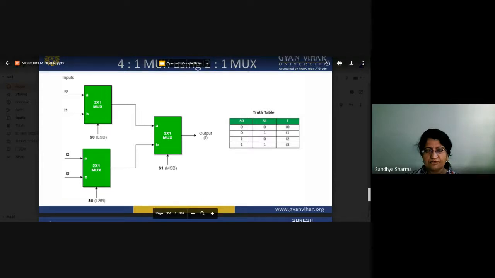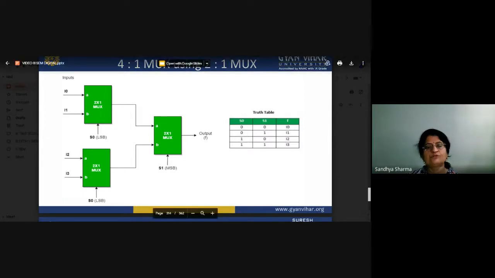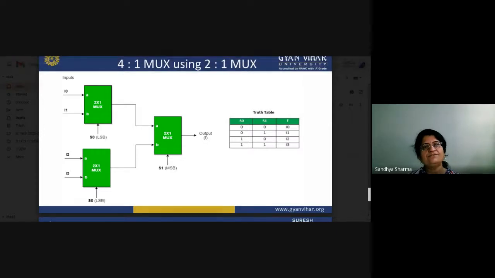We can select with S0, and the second multiplexer's selector line will be S1. So according to that, you will select simultaneously. So by using 2 to 1 multiplexers, we can design a 4 to 1 multiplexer. This is our basic concept of the multiplexer, and how we can design a 4 to 1 multiplexer using it.